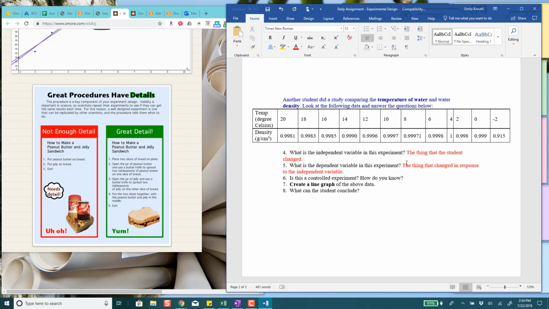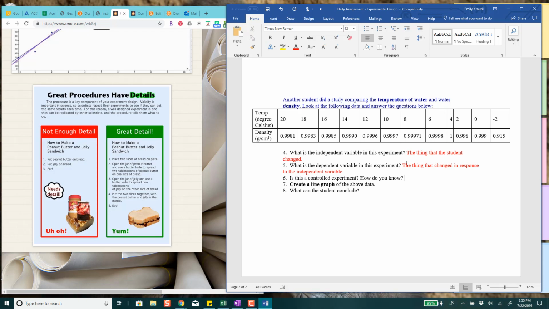So it is a controlled experiment, right? Because they changed the temperature. An experiment that is not controlled would be like going out in the wild and counting how many ants you find in a certain area. That would not be a controlled experiment because you didn't set that up. You just went there. Okay, so now we're going to make a line graph of the data,